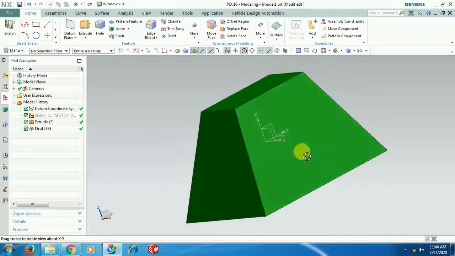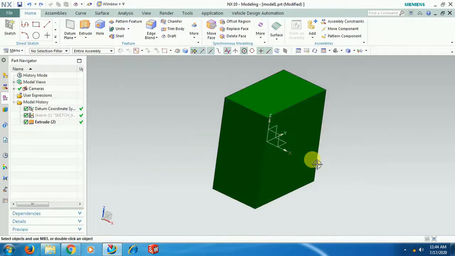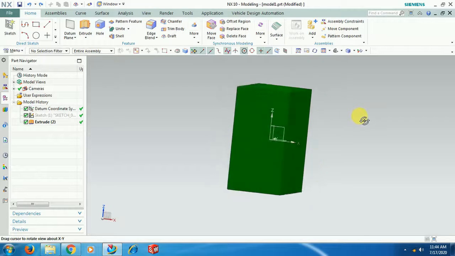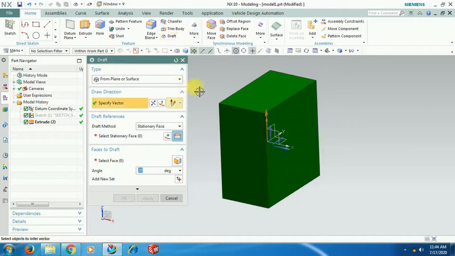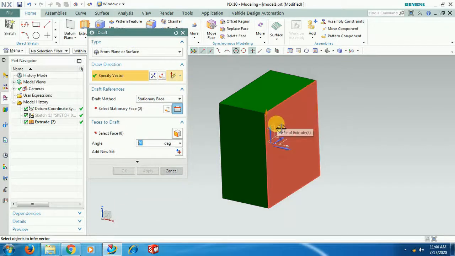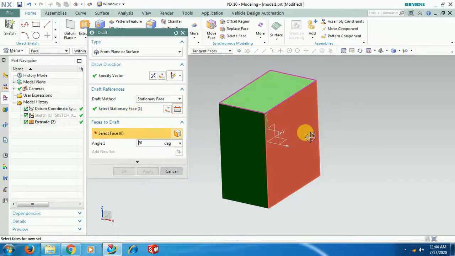Then we go back. Now again I select. Additionally in this option, select the stationary face, then select the face, 20 degrees.